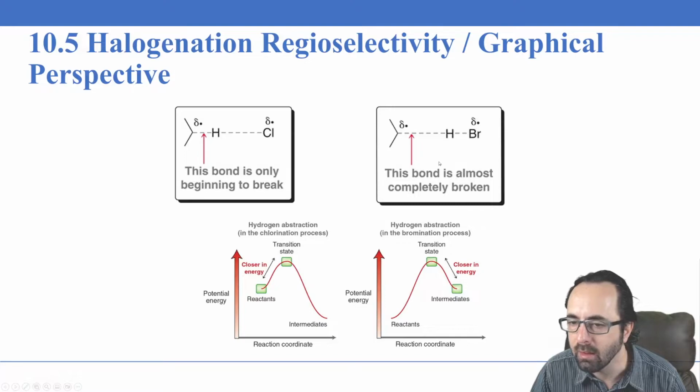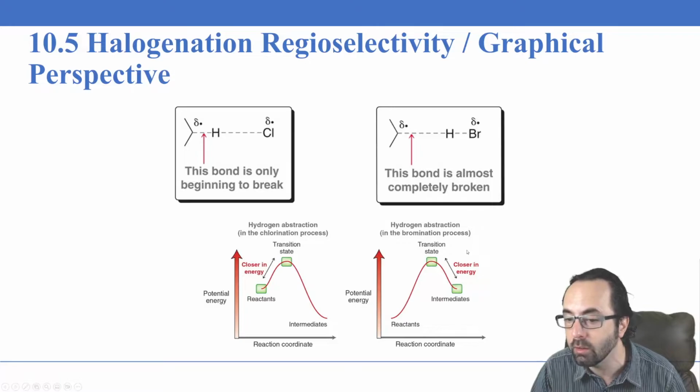And what that means is that the transition state is very, very much like a secondary radical. This is almost a radical, right? As soon as this bond breaks, this becomes a secondary radical. And so that's going to have a really big impact on the stability of the radical, whether it's going to be secondary or primary. A secondary radical will be much more stable, and thus the transition state will be much lower in energy than